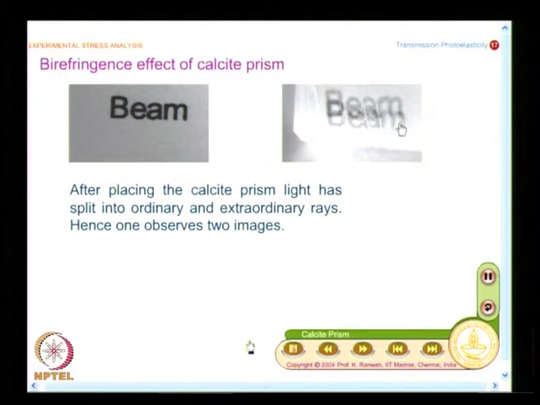And we have seen, within the crystal you have an ordinary and extraordinary ray, two rays are being seen, and you see two images. I also made one more statement, that these ordinary and extraordinary rays are polarized, and we have already looked at